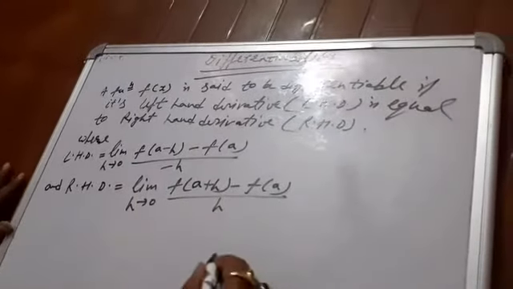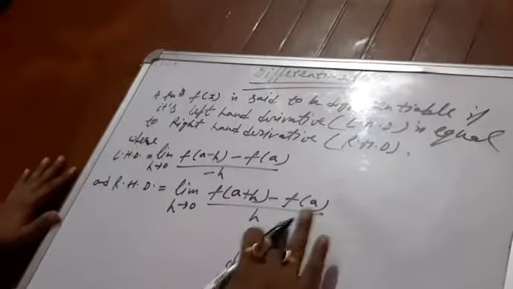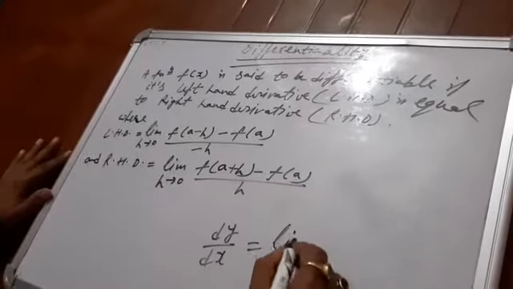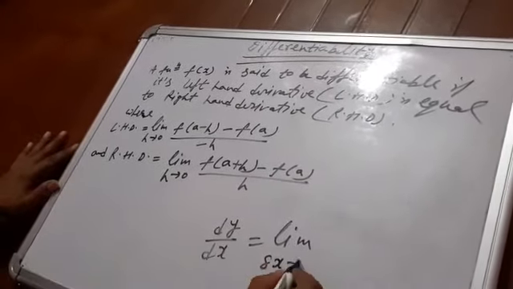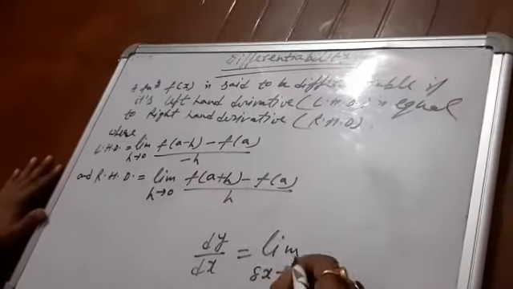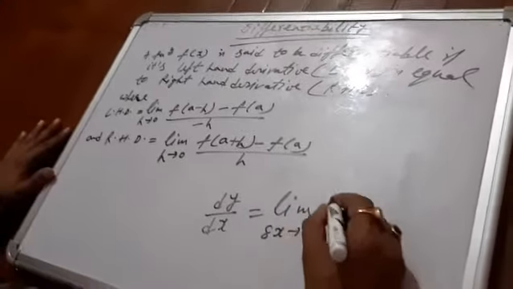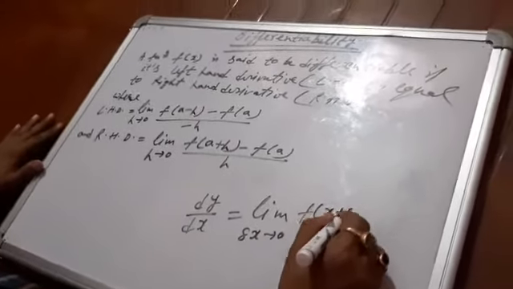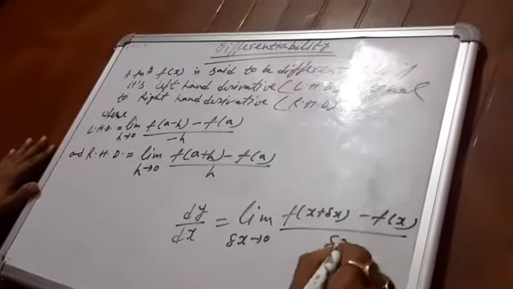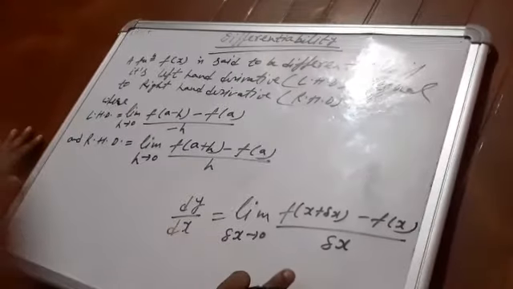Now listen. First principle. Okay. First principle, dy by dx is equal to limit delta x tends to 0. Directly you are using it there. dy by dx is equal to limit delta x tends to 0, f(x plus del x) minus f(x), by del x. Do you remember? You have already used this thing.